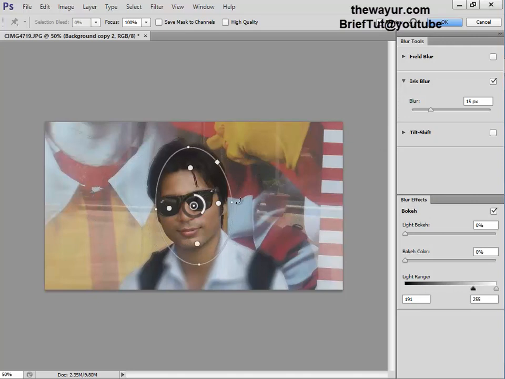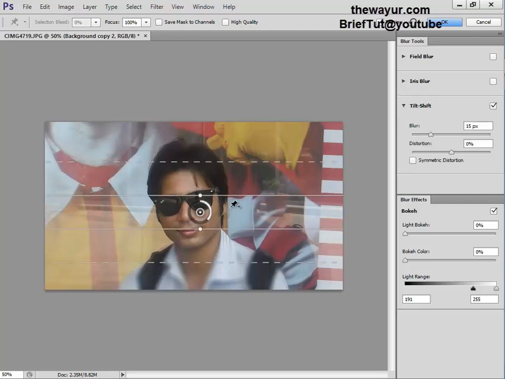Let's see what it gives. I like tilt shift very much, but it can make your system very busy. I am using an i5, but it is still very slow. You can increase the blur,